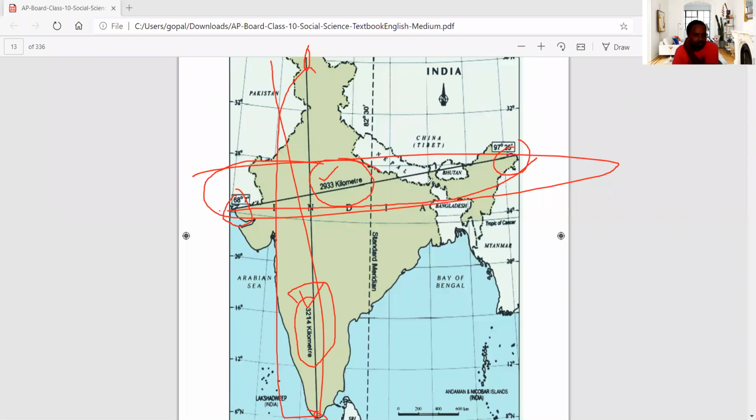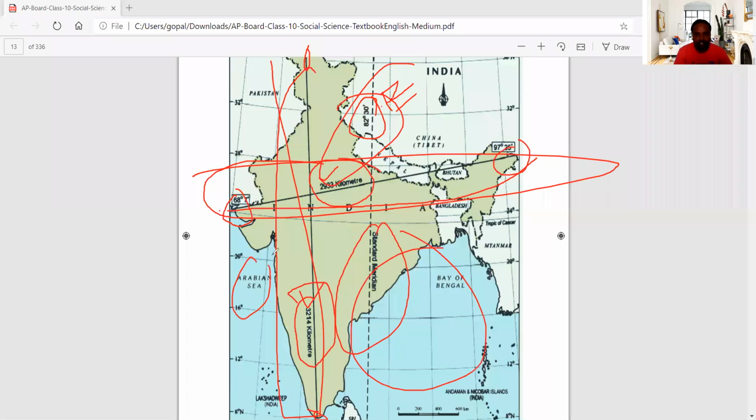Okay, next, within India we can see one more thing, that is the standard meridian, 82.5 degrees east. We have to mention east longitude. So here it is, and this is called the standard meridian. Next, if you see the boundaries, here the Bay of Bengal is there, the Arabian Sea is there. Next here we can see the Himalayas. Again, on the other side Pakistan, and this side China.